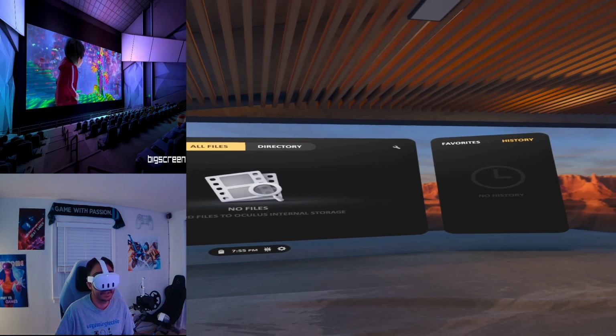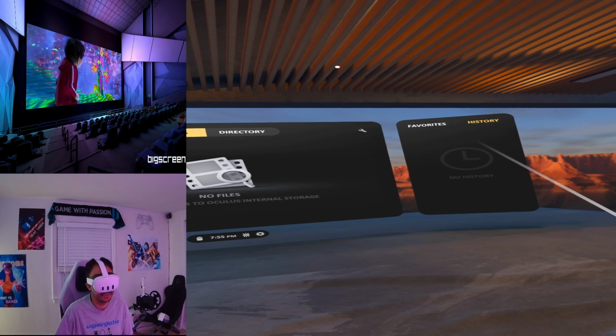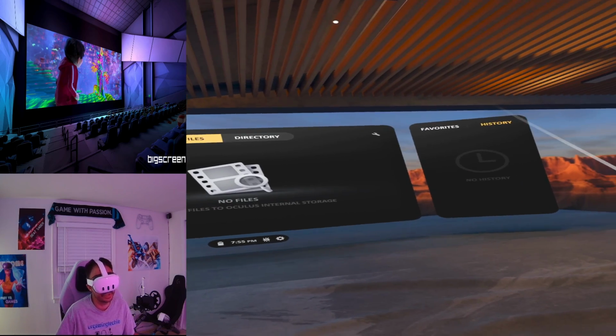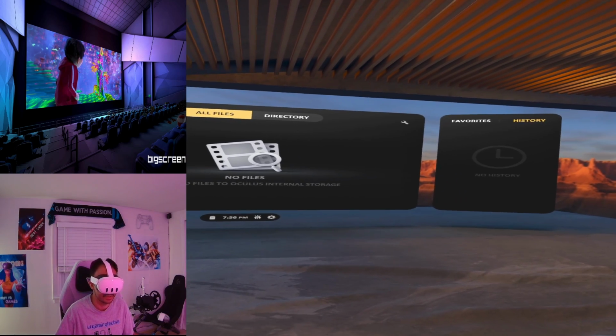All right, guys, so I wanted to talk today about the Oculus Quest 3 and all the different entertainment options that you have on here. For those of you who may be new and don't know, all the different ways that you can watch your movies or TV shows and all the tricks of the trade that you can do entertainment-wise on the Oculus Quest platform.